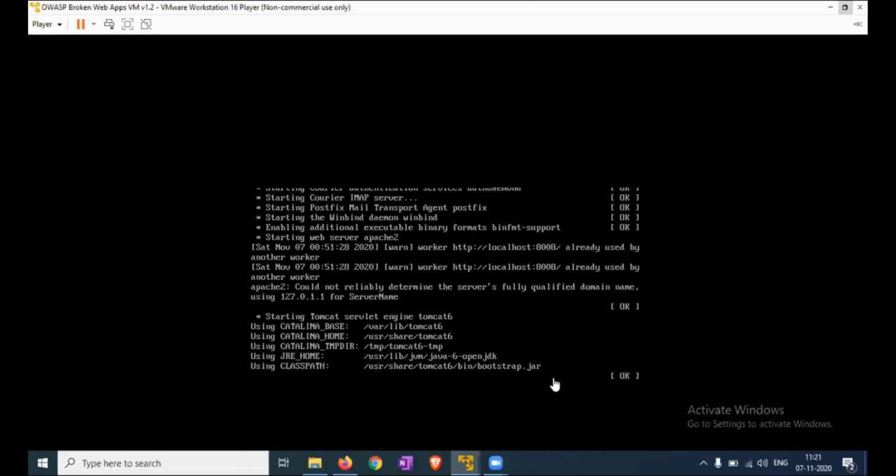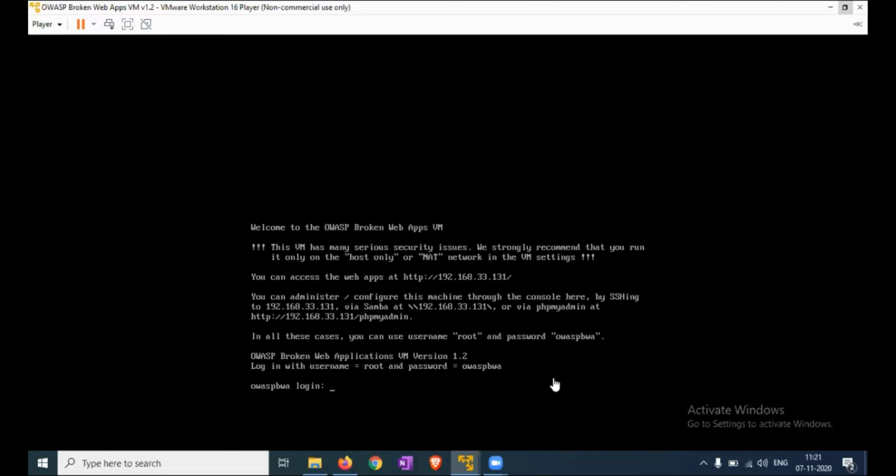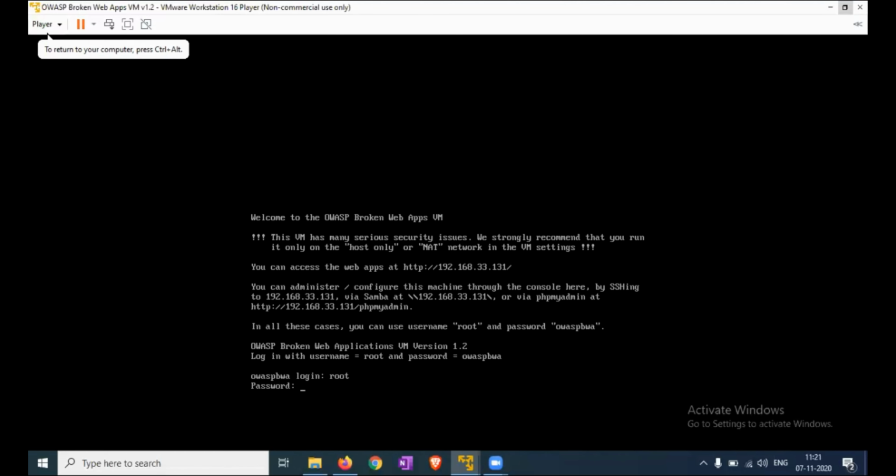Here you can see the username and password: the username is root and the password is owaspbwa, for the OWASP Broken Web Applications. So just enter the username and password.